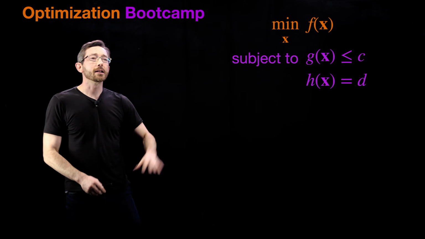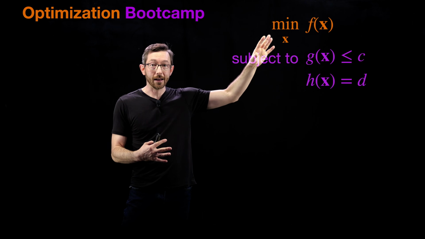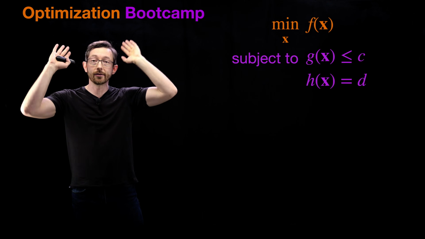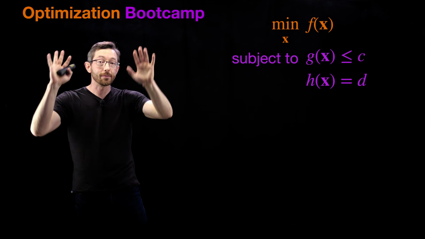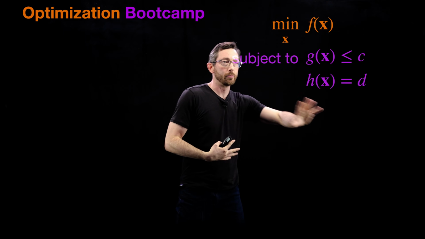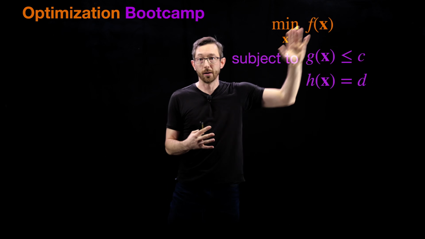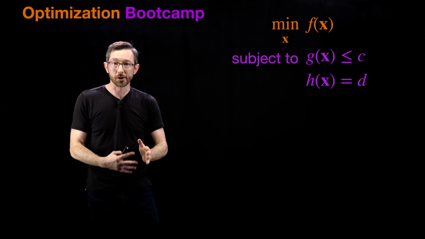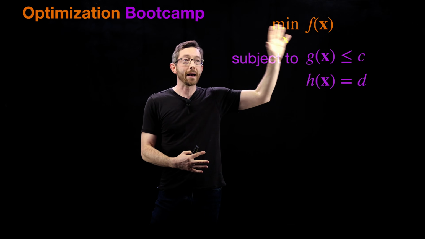Okay, and we're going to talk a lot about this at length. This is the overview video, so I'm just giving you the mile-high view of some of the topics we're going to cover, why they're important, and this is the starting point. This is the optimization problem. This is the standard form of an optimization problem, and we're going to keep coming back to this over and over and over,